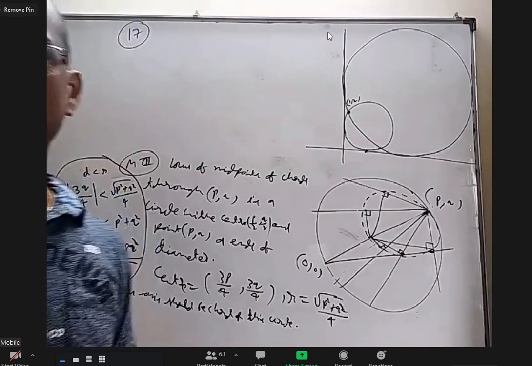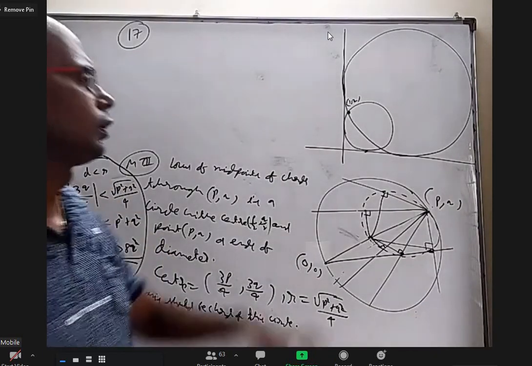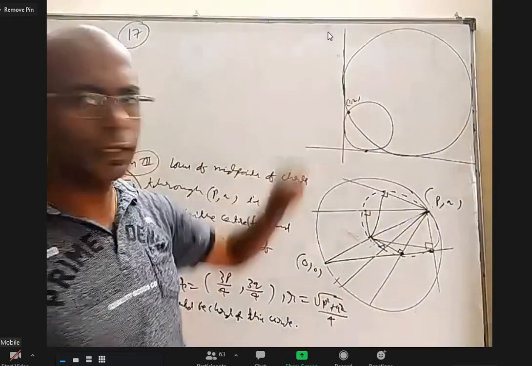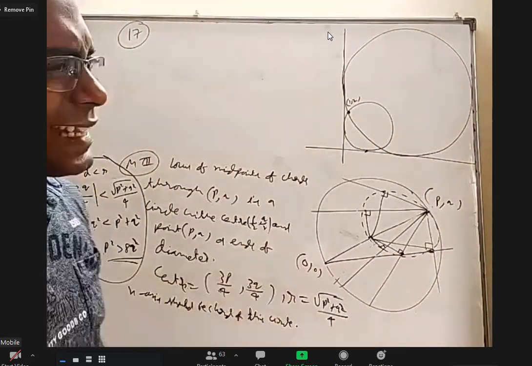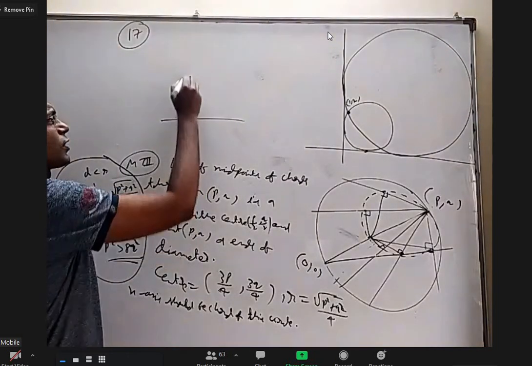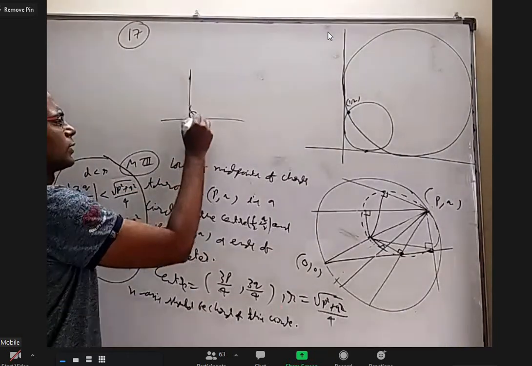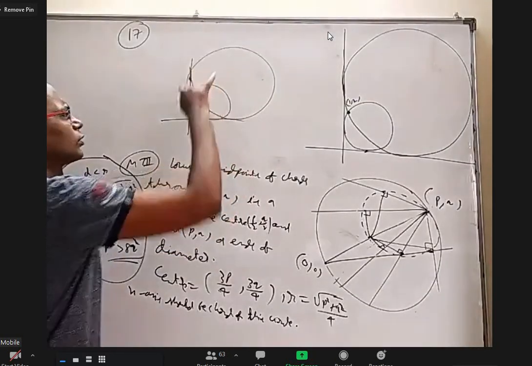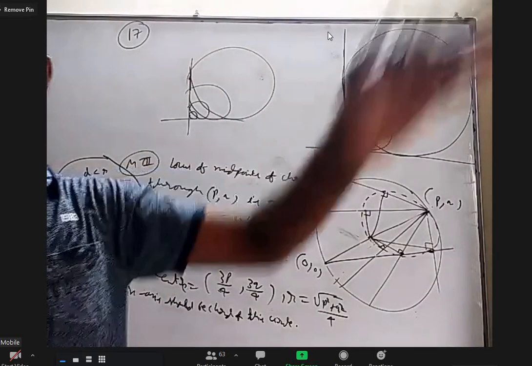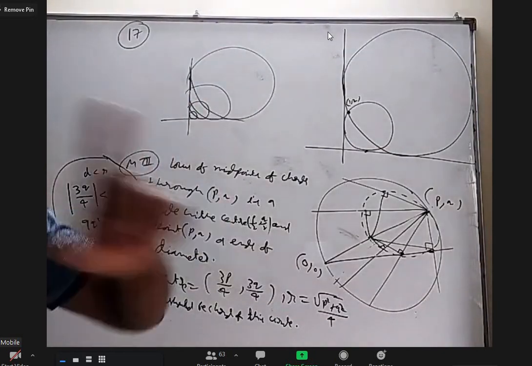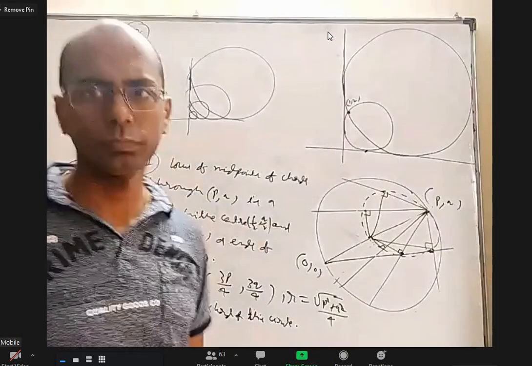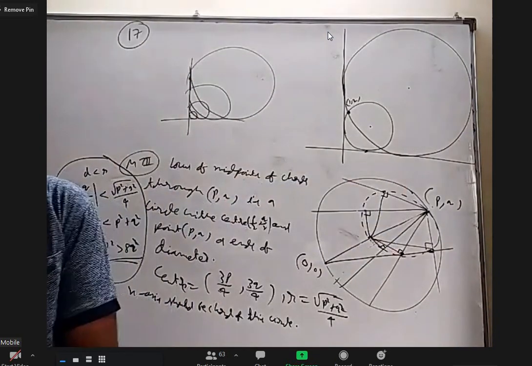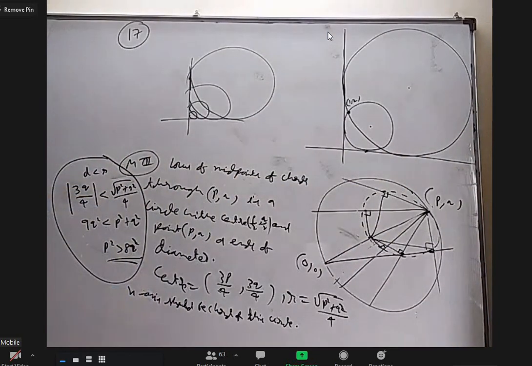Okay, 17th question. First of all, the question is we have x-axis and y-axis. 1 comma 2 is somewhere here. Touching x and y-axis, there are infinite circles in the first quadrant. One will be like this, one like this. Touching both x and y-axis, there are a lot of circles. Among them, only 2 pass through 1 comma 2. They are asking what is the distance between their centers. Okay, that is the question.